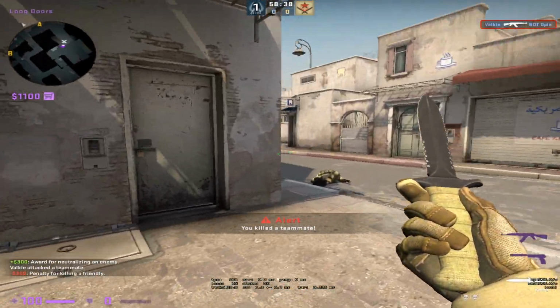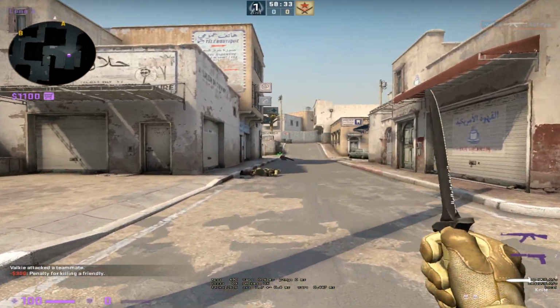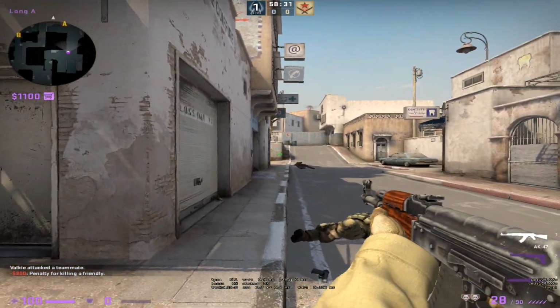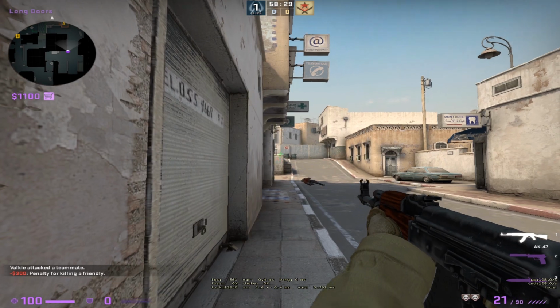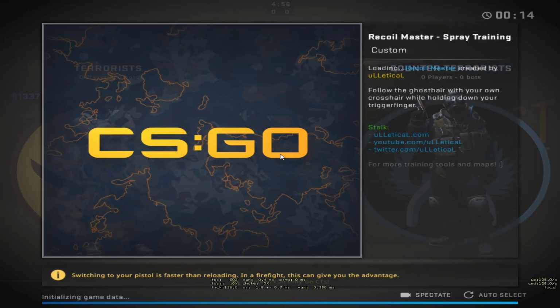That's kind of the idea of the range. So if they're really close to you, up to this range, then you want to spray. If they're peeking at the elevator right here, you can do burst. And when they're really long range, you can do taps. If you're struggling with